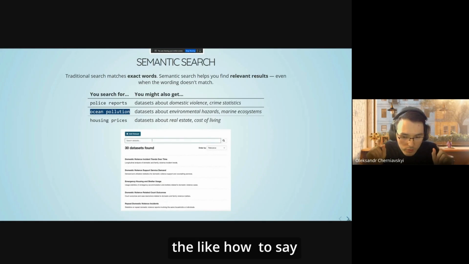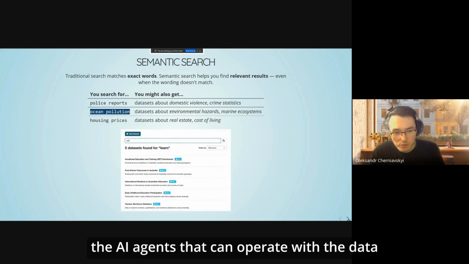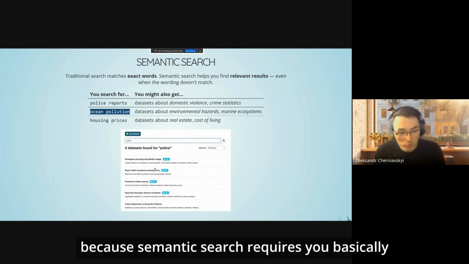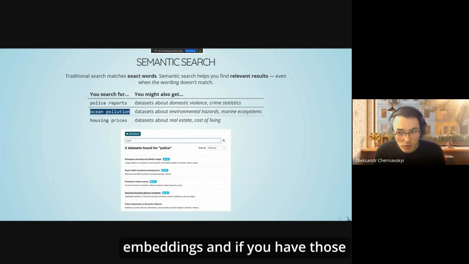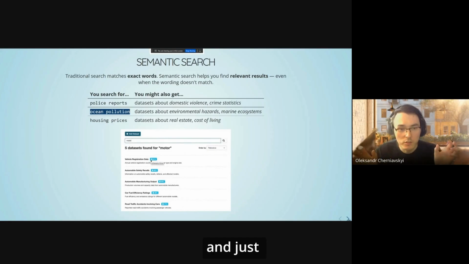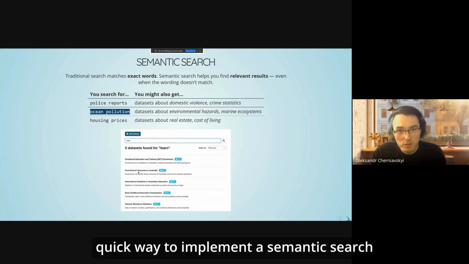And the side effect of the idea of creating AI agents that can operate with the data was the semantic search, because semantic search requires embeddings, and if you have those, you can transform the user search query into an embedding as well and just compare them. It's a very quick way to implement a semantic search.